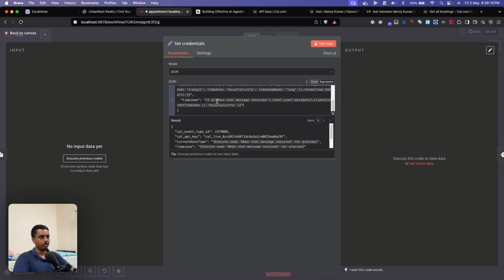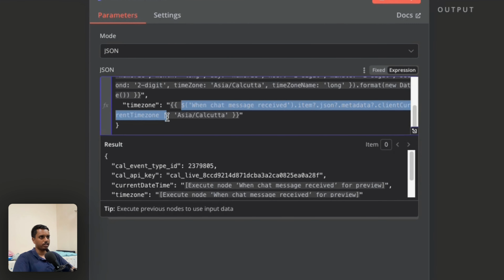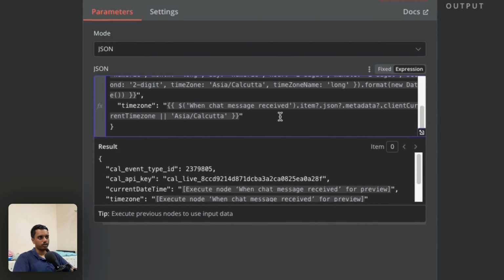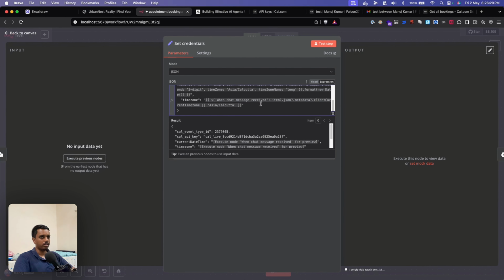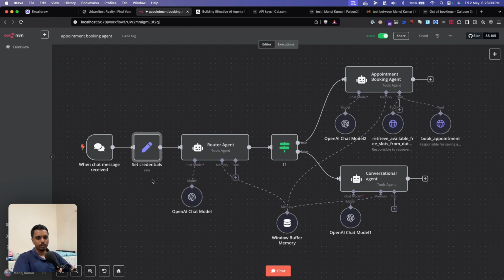So same case for time zone as well. It just first checks for any value if it's present or it's sent by the widget. If yes, it picks it up. Otherwise, you can just specify your time zone here, which I'll clearly talk about in the next step. That's it. So this node is responsible for initiating the variables, and after that we have our first agent, which